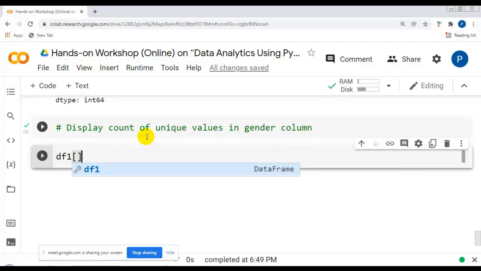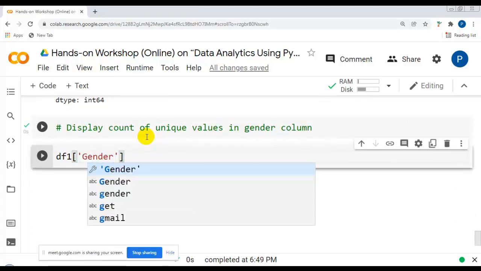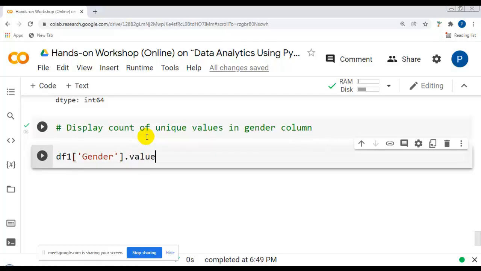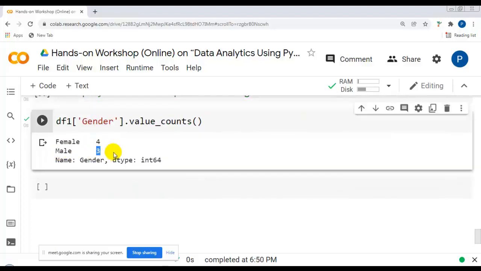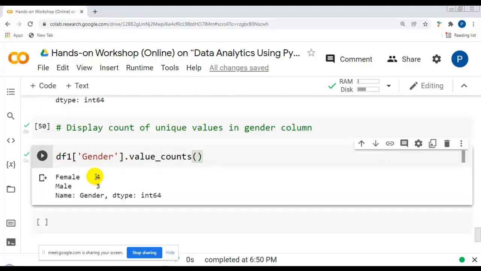So this is our df1 and I want to access only the gender column, and here you can write a very important method called value_counts. The value_counts method returns a pandas series containing counts of unique values: female 4 times and male 3 times. You can see it is in descending order, 4 first and then 3. So the value_counts method displays in descending order by default.